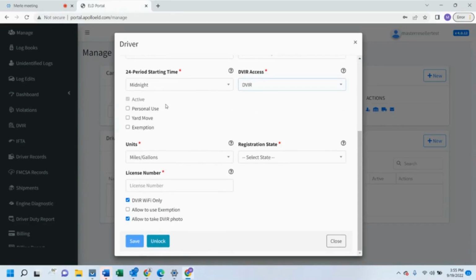And then there's a few tick boxes here that you're setting up for this driver. As a reminder, this is not an account setting. This is a driver setting. So you can add these per driver and control this per driver. So if you want to allow this driver to use personal use and you're